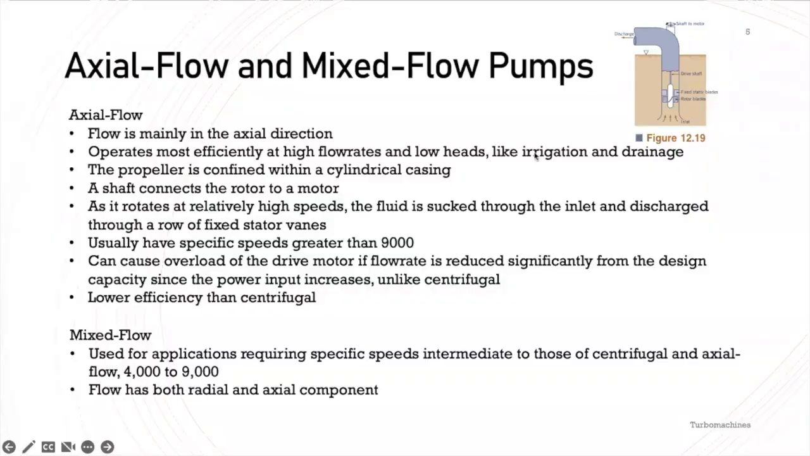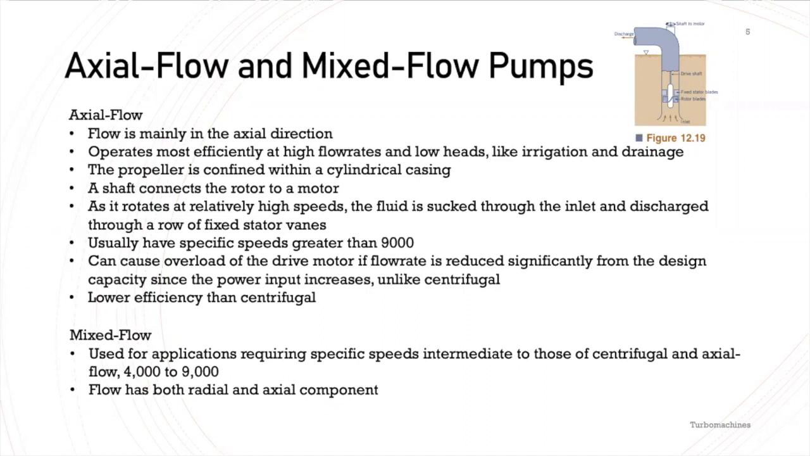Two other types of pumps are the axial flow and mixed flow pumps. In axial flow pumps, flow is mainly in the axial direction. It operates most efficiently at high flow rates and low heads like irrigation and drainage. In an axial flow pump, the propeller is confined within a cylindrical casing and a shaft connects the rotor to